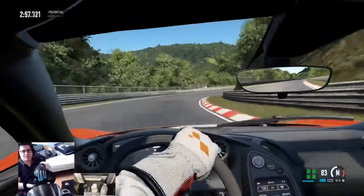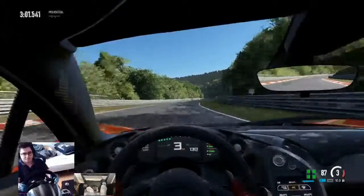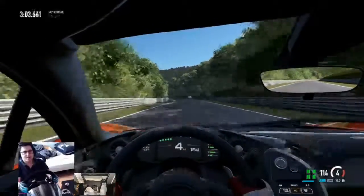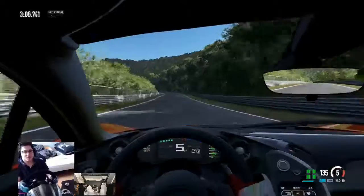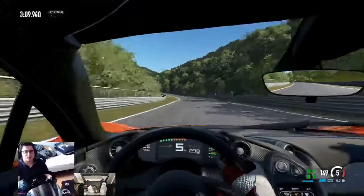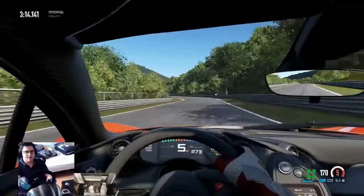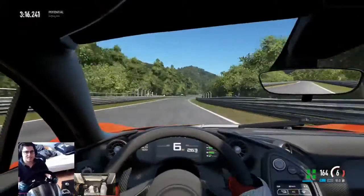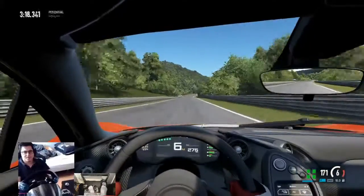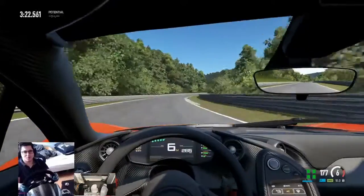into the tight hairpin, braking very hard here, almost running a little bit wide as well. And back on the power. Now this is the back end straight, as I like to call it, of the hill straight, with a lot of cars actually struggling to reach their speeds here, just because it's all going uphill and gravity pulling them down obviously. But this car won't have that issue because it has a lot of grunt, a lot of torque, and